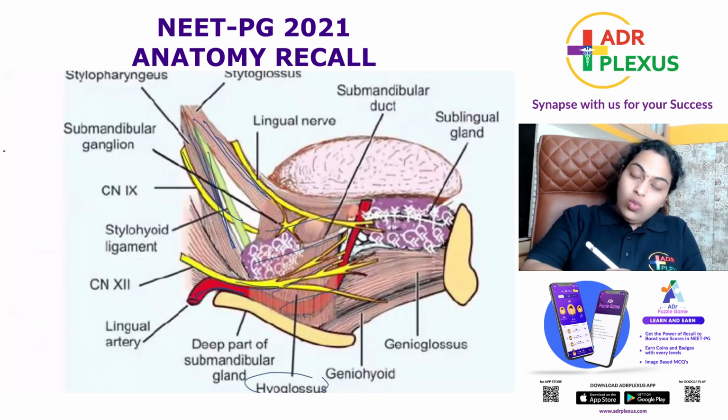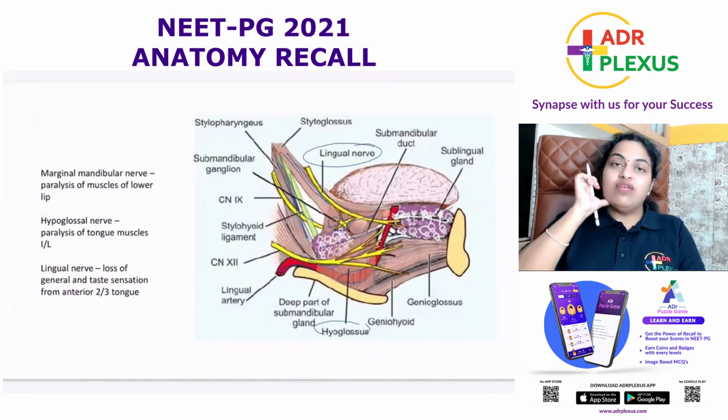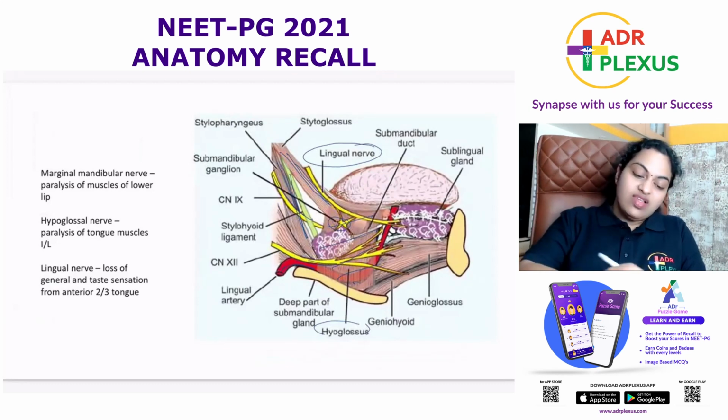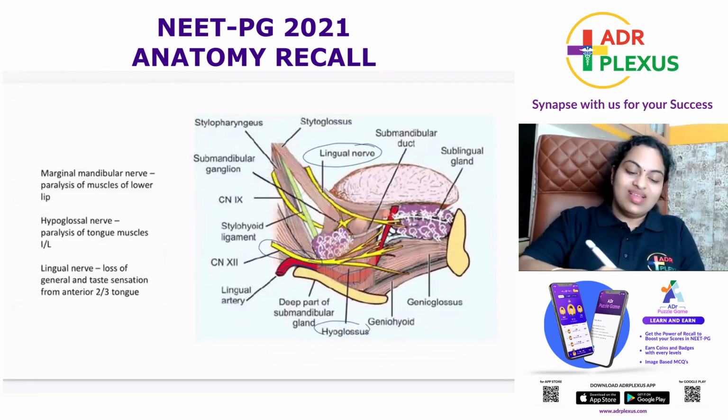And over that, it will be related to the lingual nerve and the submandibular ganglion. Okay, guys, the inferior surface relates to the cervical branch of the facial nerve and the marginal mandibular nerve. The lateral surface is related only to the facial artery. On the medial surface, you can see the glossopharyngeal nerve, the hypoglossal nerve, and also the lingual nerve. Of all these, the one which carries an intimate relation with the submandibular duct is the lingual nerve.